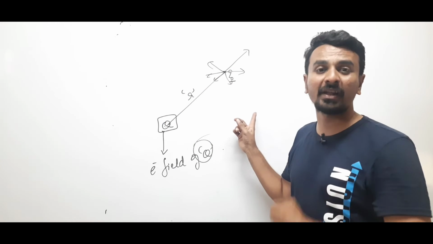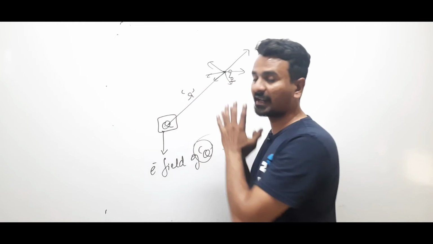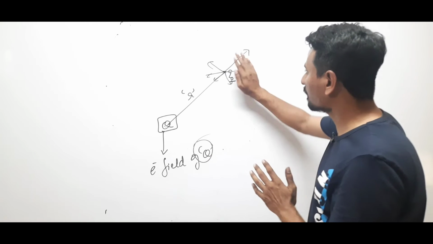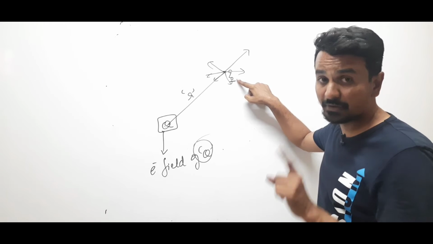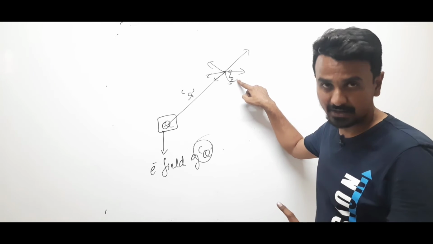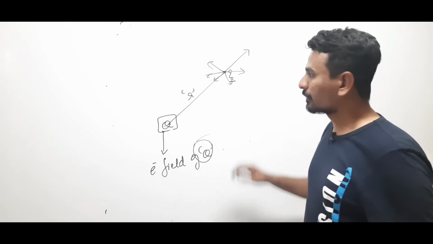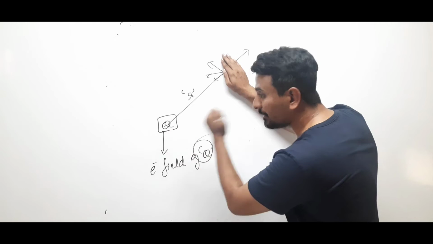It will create its own electric field. Clear? So we'll get the net electric field. So what if I am not placing any charge over here? Because if I am placing a charge, it will create its own electric field, and I don't want that. I just want to find the electric field of this charge. So if I am taking away this charge, then how can I study the effect of this charge?